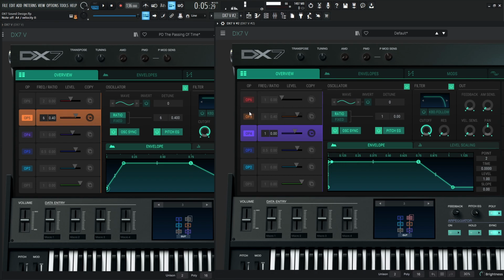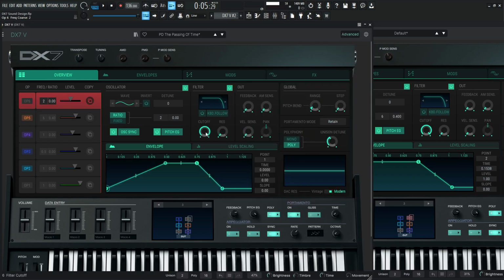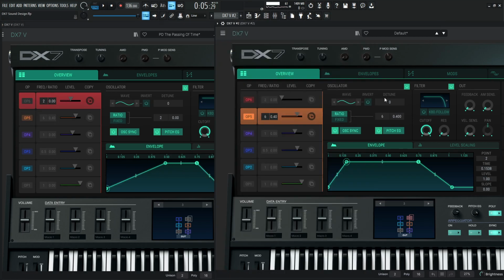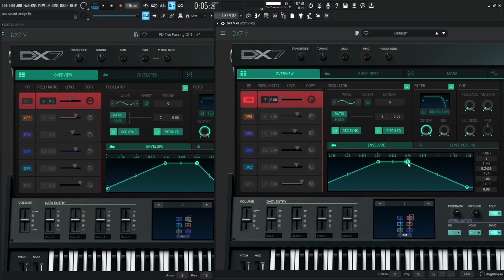We're on the fourth one here. And then the last one, 6, is going to be on 2, and then we're not going to be doing any fine detuning here. Now this one's going to fade into about 0.5 here, so let's go over here, and then go into 0.5, and then kind of increase this here, 0.75, and then add just a little bit of release like that. And if we mix these all together,